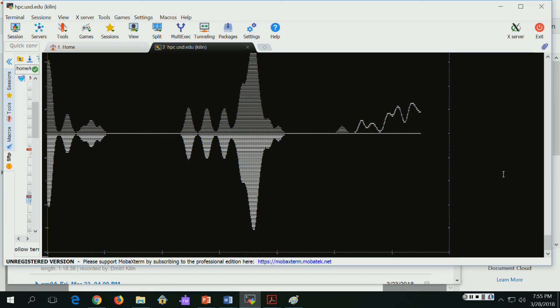Once your molecular dynamics job is done, type this command, and then you should observe formation of a file named movie.xyz.